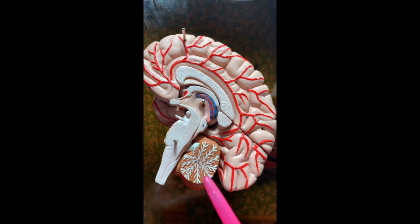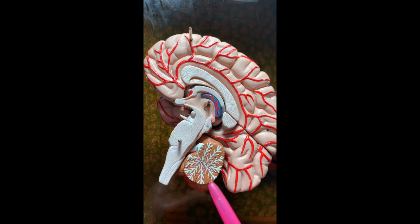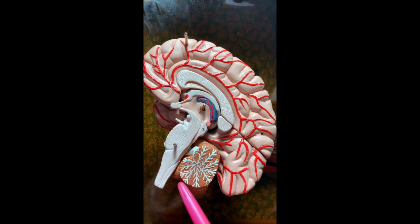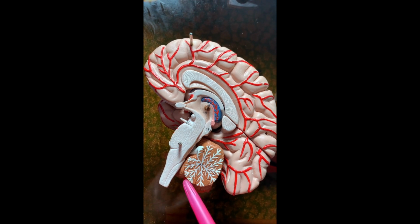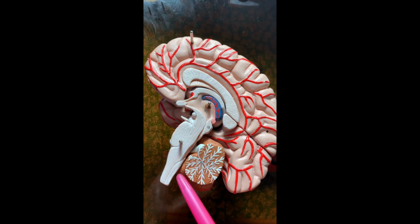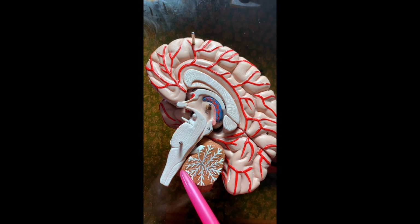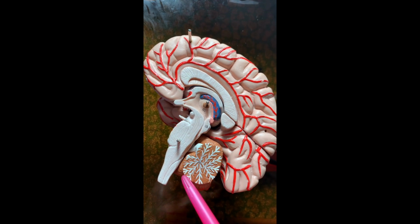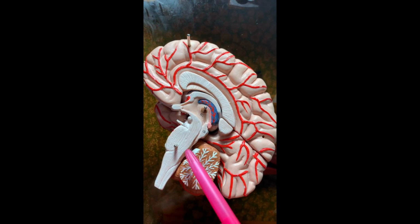Now, what if you have obstruction of the foramina of Magendie and Luschka, or the medial and lateral apertures? So these are different terms that we are using here. I'm purposely using these different terms because they might ask you these different terms. So the lateral and medial apertures that we looked at previously can also be referred to as Magendie and Luschka. So if you have an obstruction here, then you're going to have the CSF going back